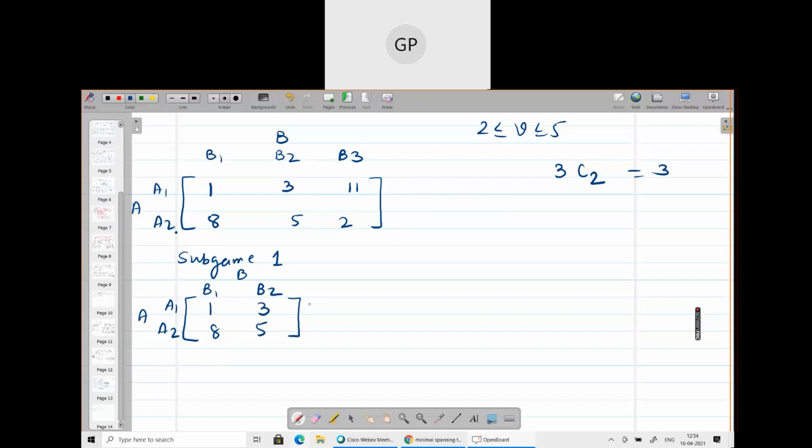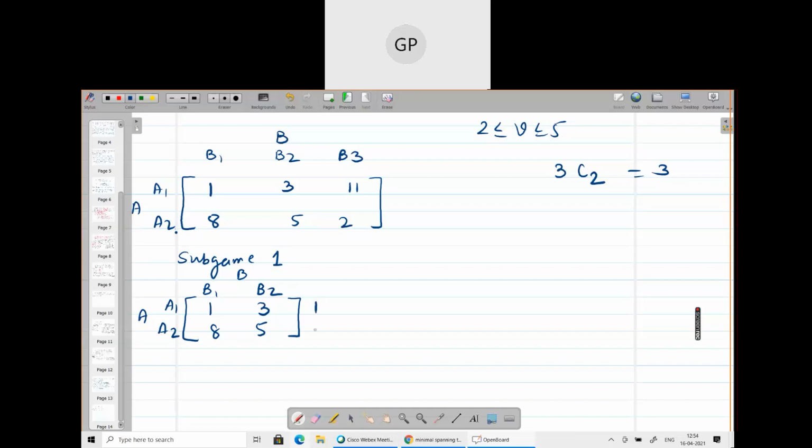So again, you have to solve this. See, it is not necessary that if your original game does not contain any saddle point, your subgame will also not contain a saddle point. Okay, you have to realize this. Your subgame may contain a saddle point. So if you find a saddle point, your efforts and calculation time will be saved. Unnecessarily do not use the algebraic method then. If a saddle point exists, you should be happy for that.